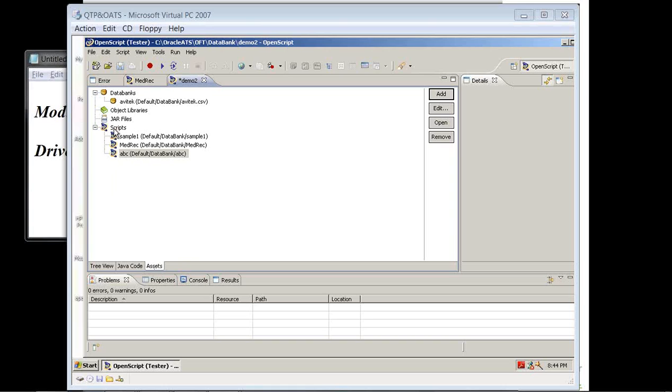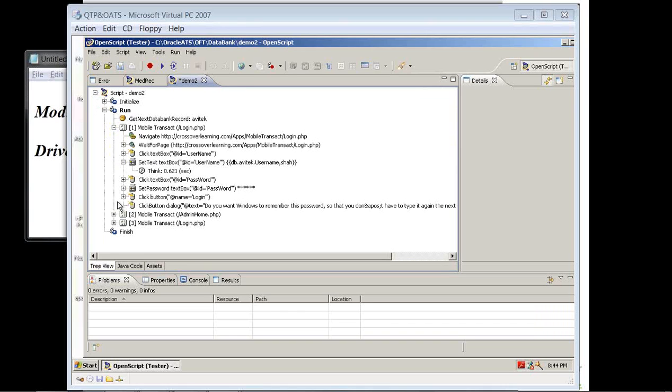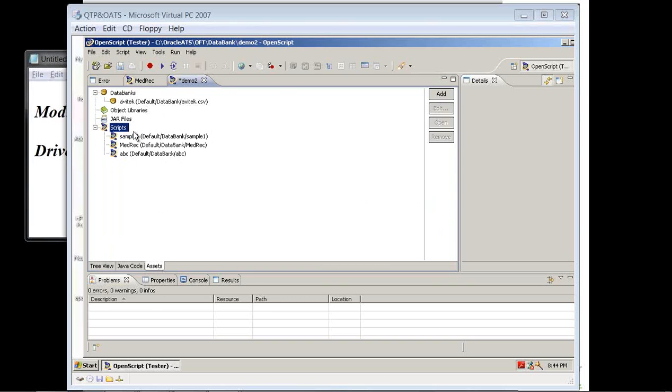When I execute this application, first it will execute all the statements in this particular script, and then it will go to the assets section and see that it has to execute sample 1.